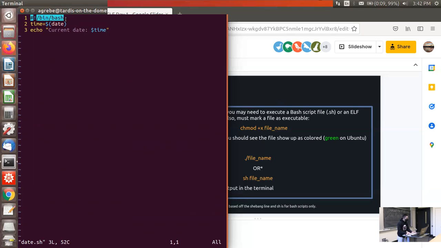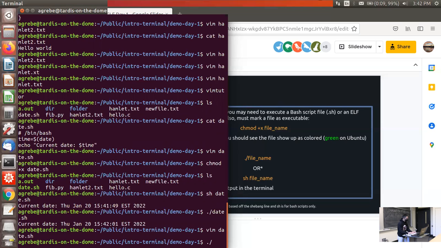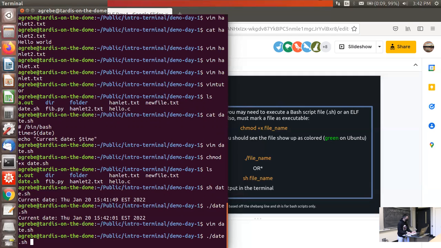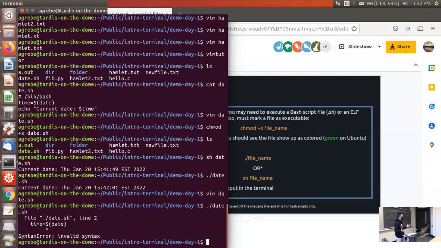So for example, if I change this to /usr/bin/python3, it's obviously not a Python file. But if I try to run it here, it will mess it up. It will say this is not a valid syntax.